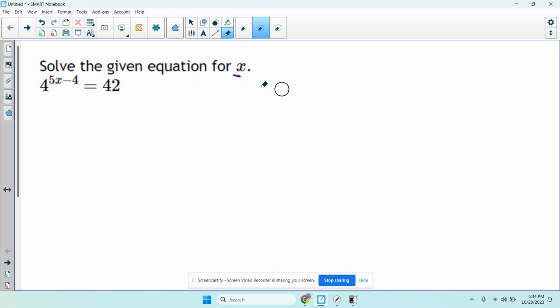The problem comes in because we can't write 42 as a base of 4. 4 to some power does not equal 42. So the only way to really go about solving this is to convert to the logarithmic form. Whenever you have an equation with the unknown in the exponent, chances are you're going to have to convert to get it out. So if I have an equation like this, a to the x equals y,